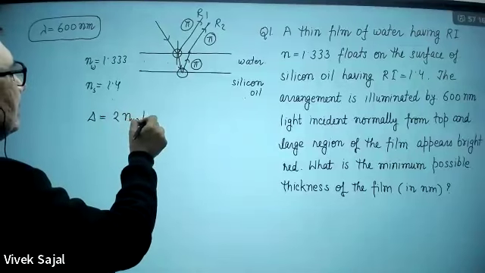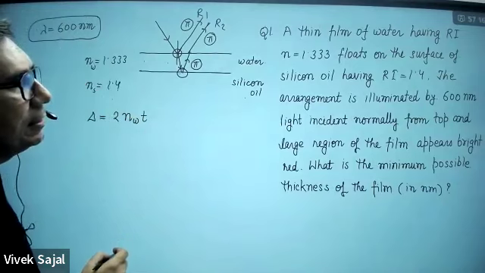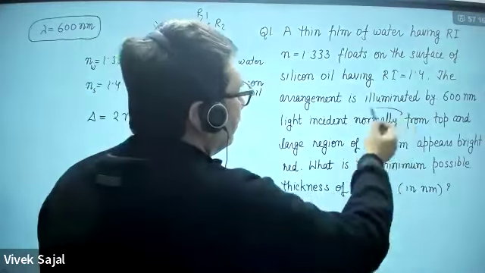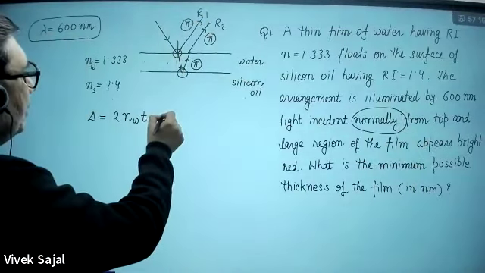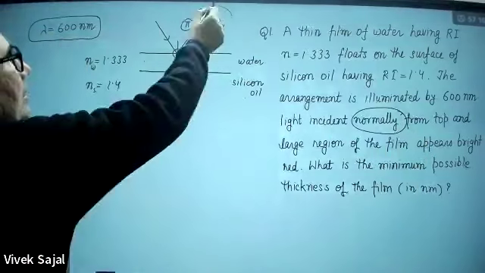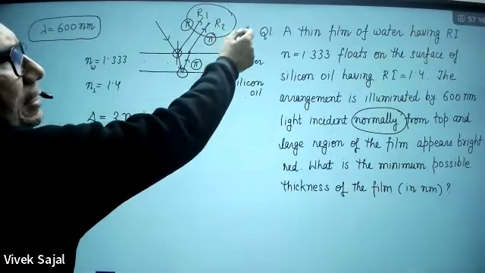NW. T is the thickness. For normal incidence, cos R is 1. They are saying normally, so cos R is 1. And what you are observing here is bright red, which means here maxima, intensity